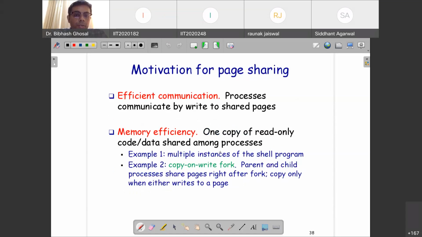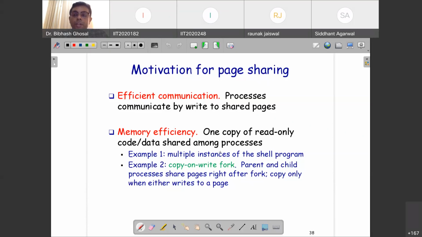So let me quickly complete this discussion with some of the different styles of paging that people have proposed. We have already seen something called copy on write. If you remember, how many of you remember copy on write? Okay, if you don't, I'll just